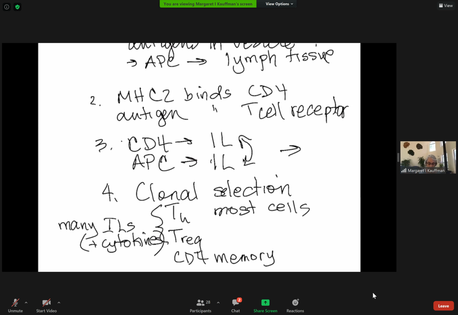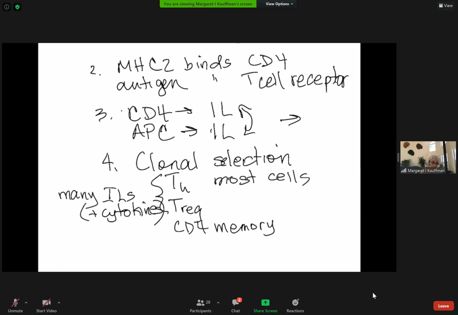Now, one of the reasons they are staying in the lymphatic tissues is because they're going to be important for activating B cells and CD8 T cells as well. Remember, there are fewer of these T regs, but you still make more than one. It may depend on the particular antigen, but I'll say greater than one